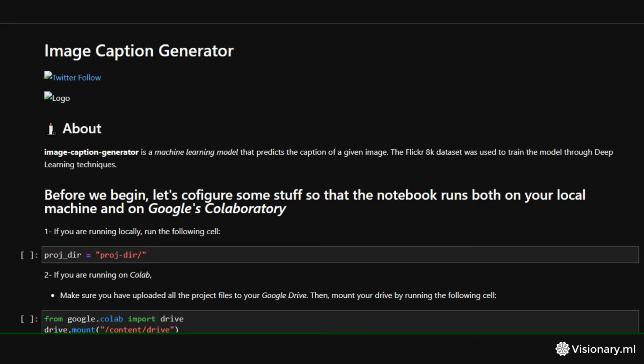So this is a quick demo of the image caption generator model that I have on my portfolio. So how does this work? What technologies are behind this image caption generation approach? So first of all, we have a two-branch machine learning model that was created on Keras with TensorFlow backend, and